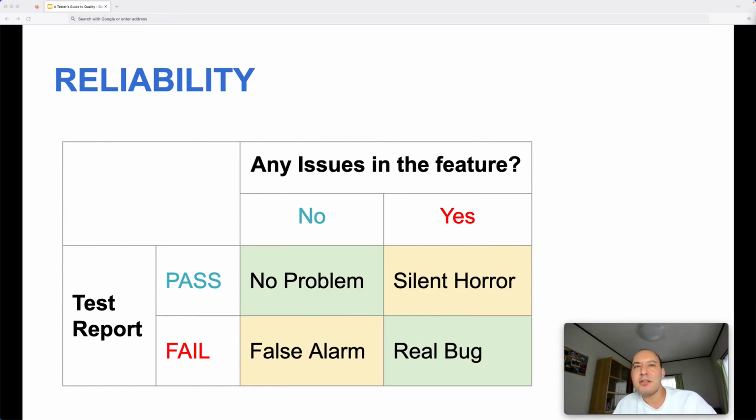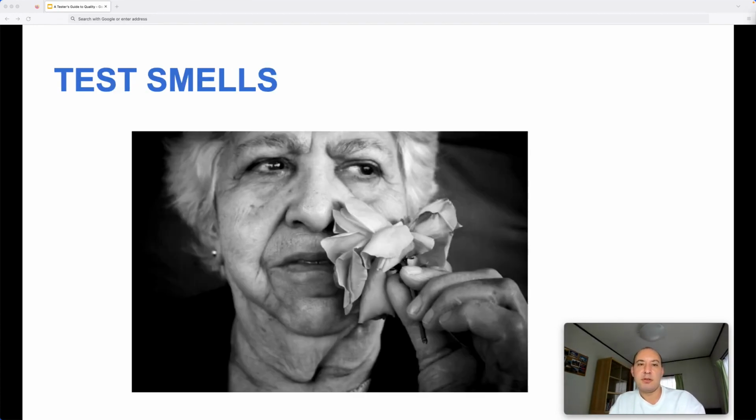But why can we have some reliability issues in our test automation frameworks? The main reason for these reliability issues is the test smells. As the code smells while developing the product code, similarly we may have some test smells while we are developing our test automation framework. There are dozens of types of test smells in the literature, but maybe the very well known are the flaky test cases, which are sometimes passing, sometimes failing due to lots of different reasons. But the most commonly known reason for the flaky test or the flakiness is the timing issues.